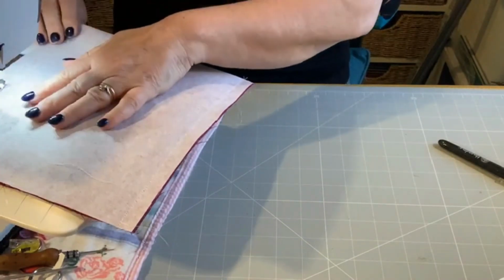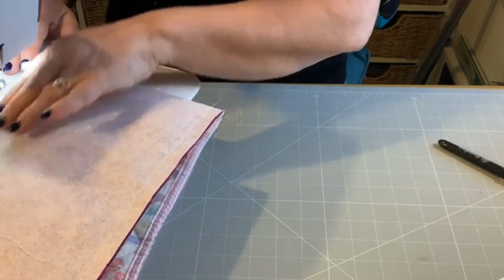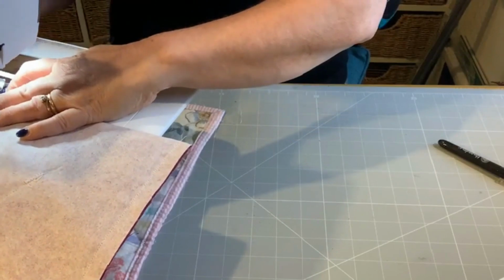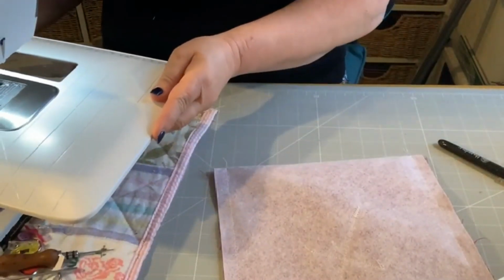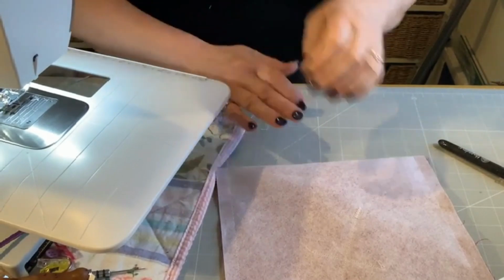Get rid of some of the mess. Okay, you didn't see that very well, did you? I didn't have it in the right place. I'm so sorry. I keep forgetting to look at my phone when...